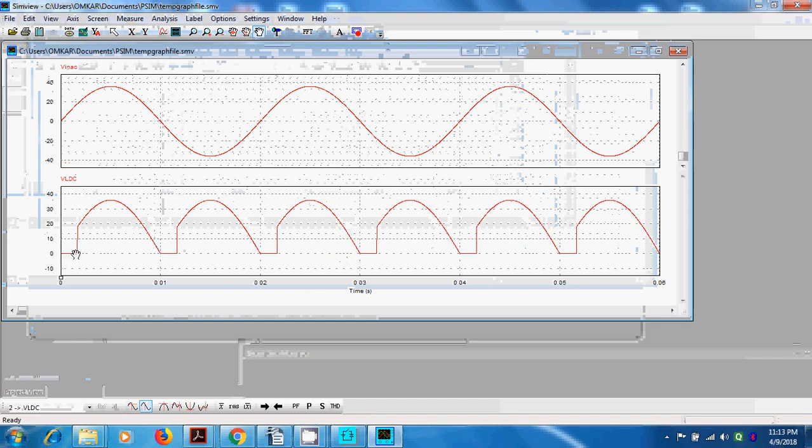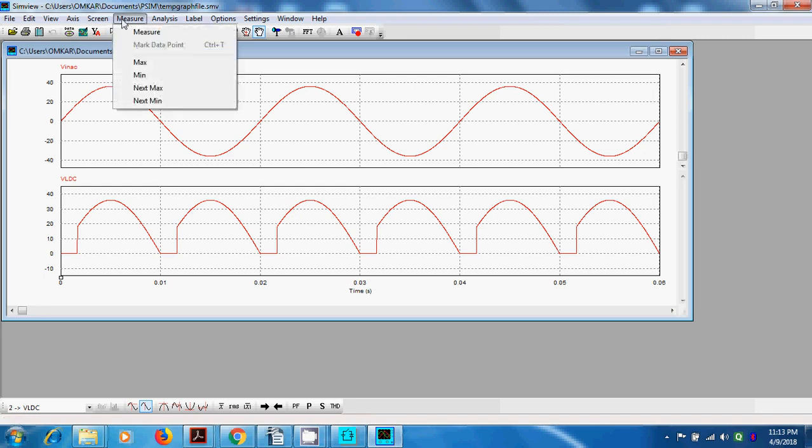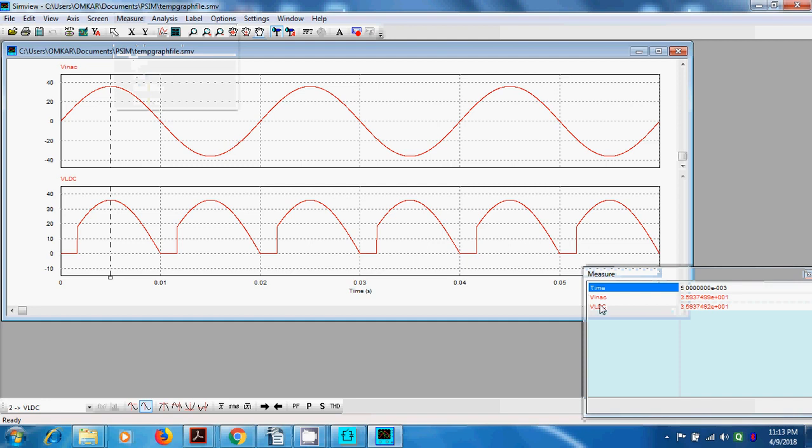So this 0 to this is alpha equal to 30 definitely. So from 0 to 30 degree, the output voltage is 0. Otherwise, the output voltage is high. And see the output voltage, the maximum voltage that we have to see. For example, go to measure. See the max. So definitely the max voltage is here. We'll see that for both cases it is the same, that is VLDC and VNEC.